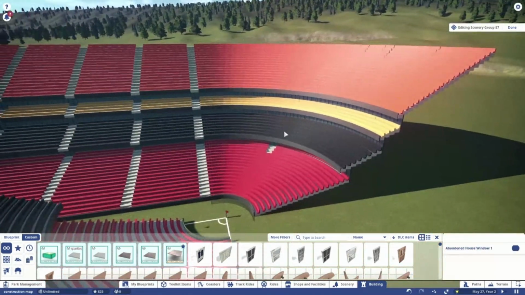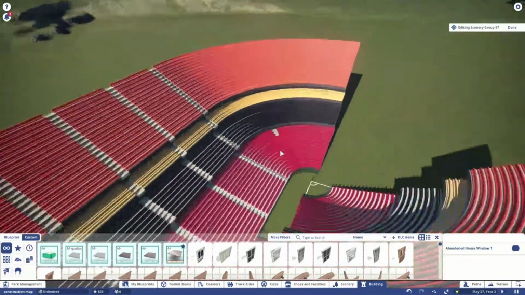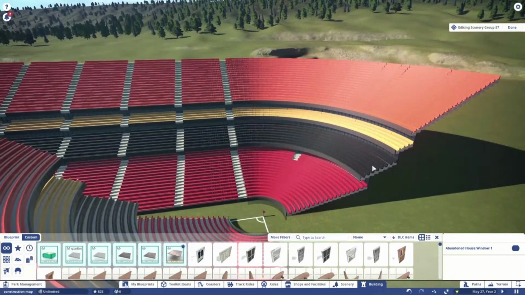And there we go. Obviously not perfect. You can see I didn't line it up perfectly. I'm just trying to get an example out there. But to make all this seating took what,